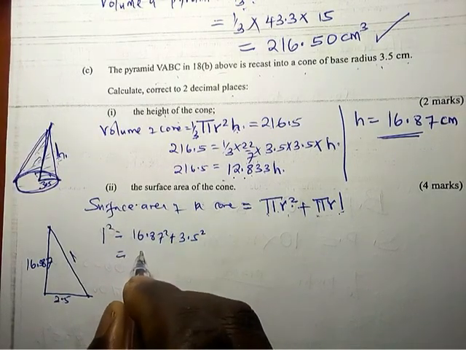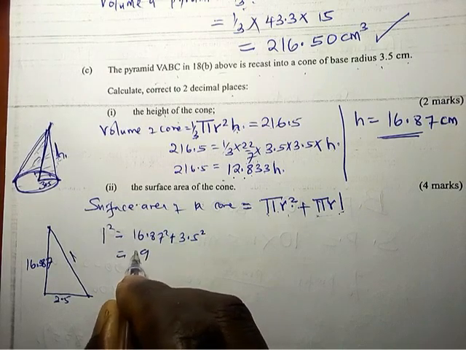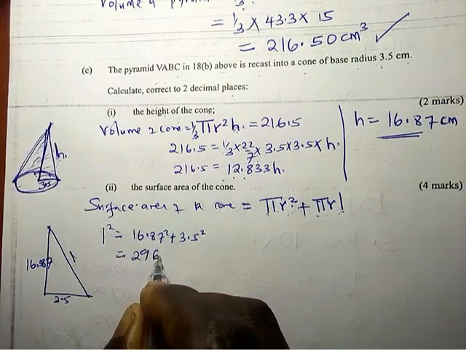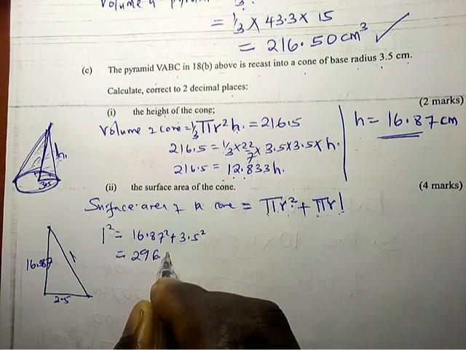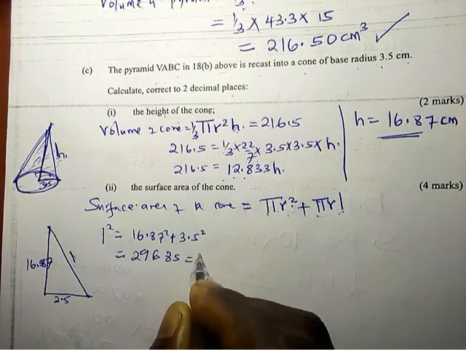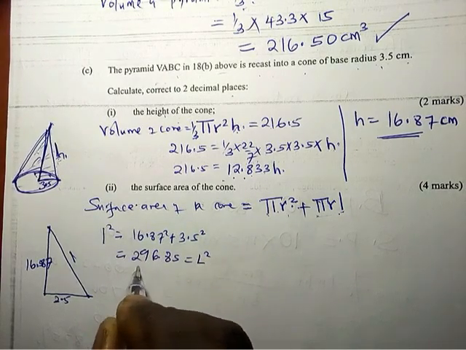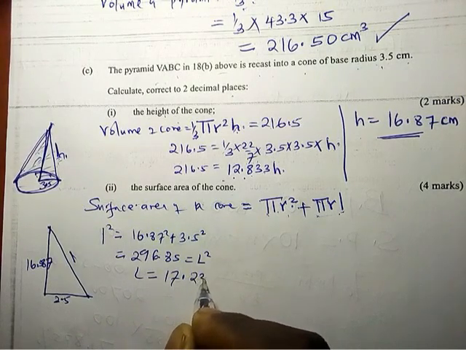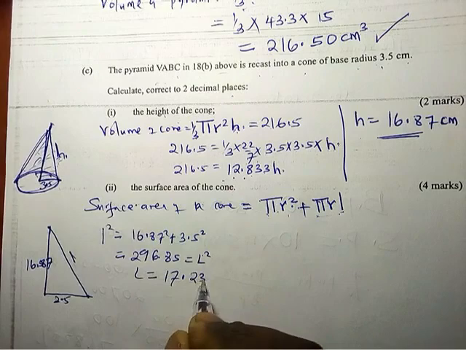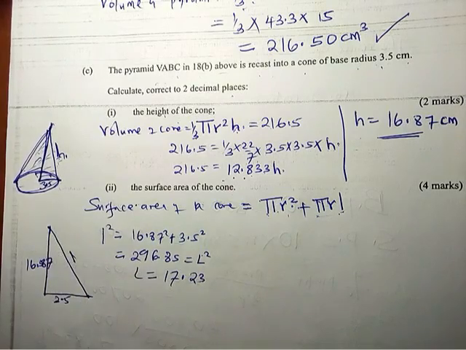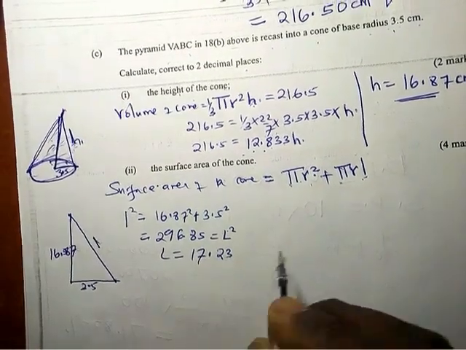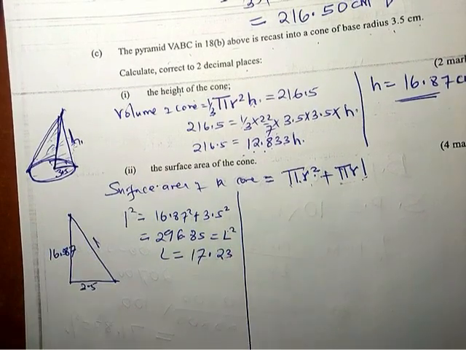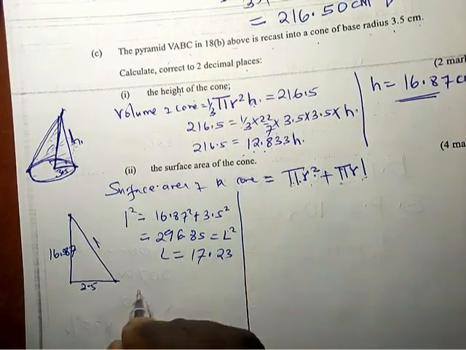which is equal to 296.85 is equal to L square. So L equal to 17.23. You square root both sides, you get 17.23, and that is the slant height. Now tukishapata the slant height, we apply our formula. Pi, that is 22/7